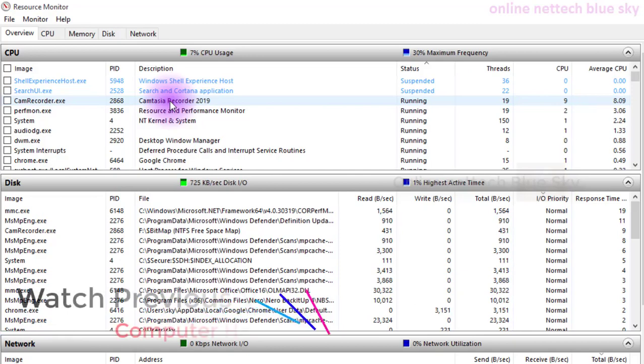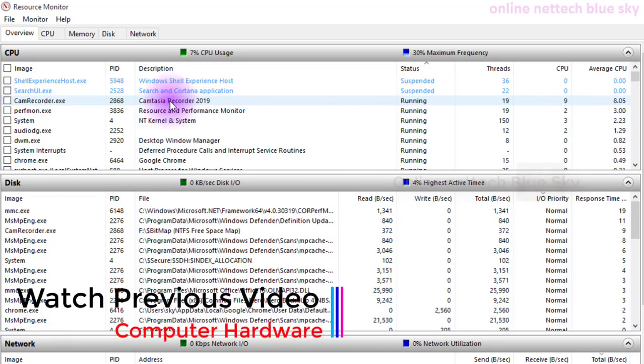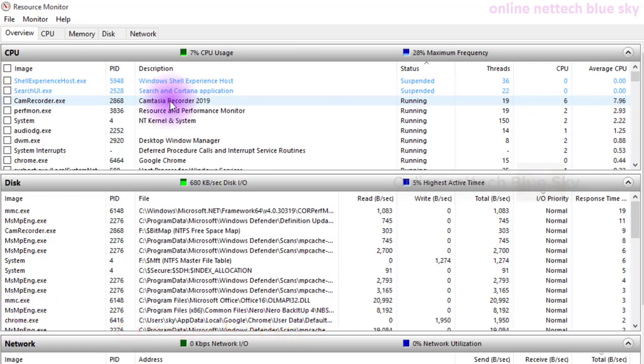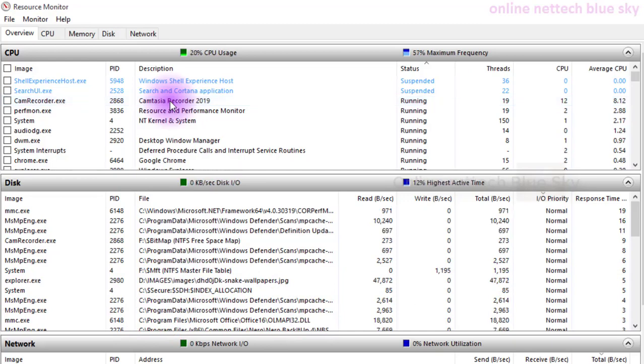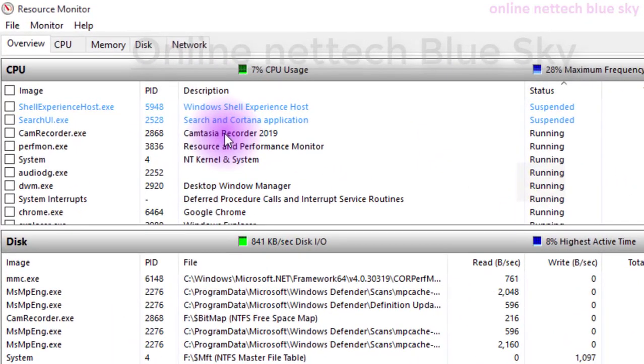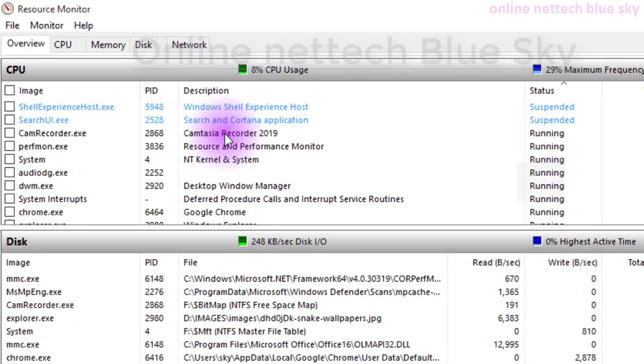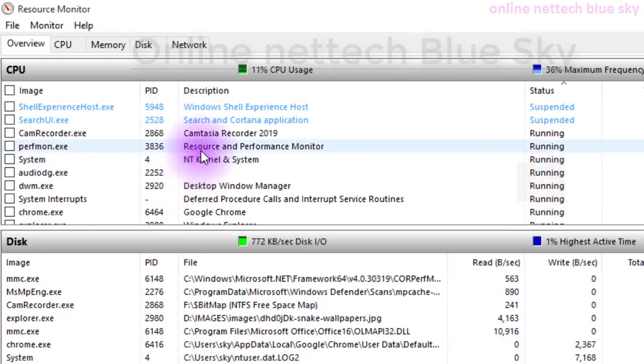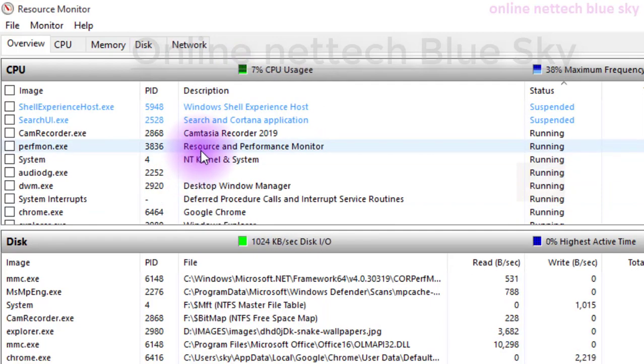I have only created videos on Resource Monitor in the Control Panel playlist. So Resource Monitor shows everything: services, data, CPU, memory, disk, network, process ID, file ID of your processes, reading and writing data, loading, and different types of configuration and running services. It shows very detailed information. You can see here my CPU, and you can stop your process, and suspend processes.